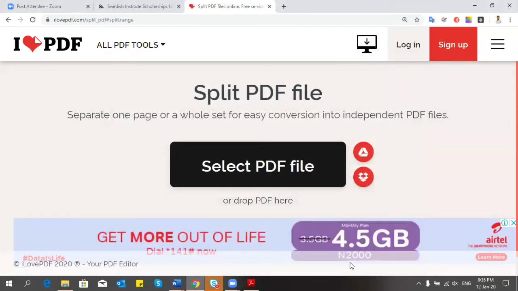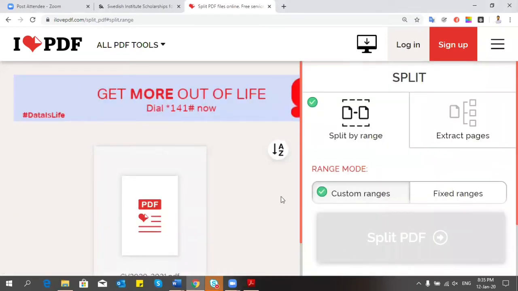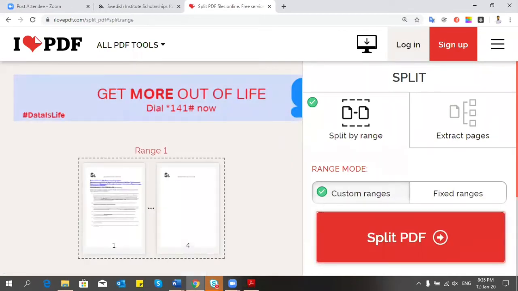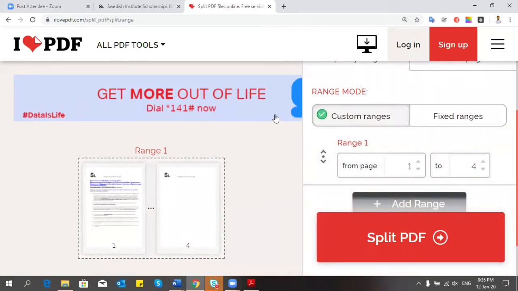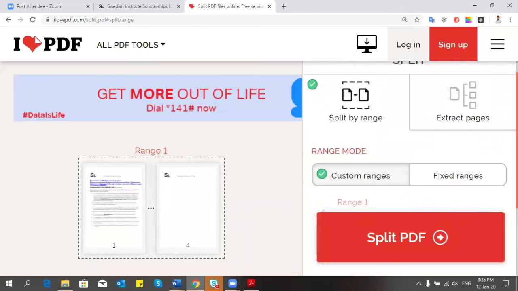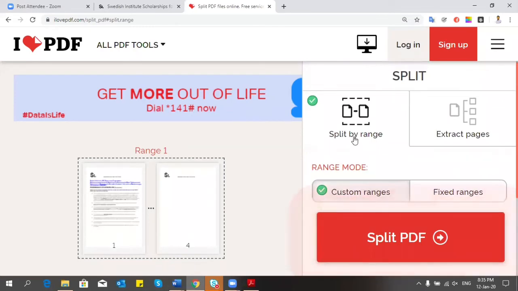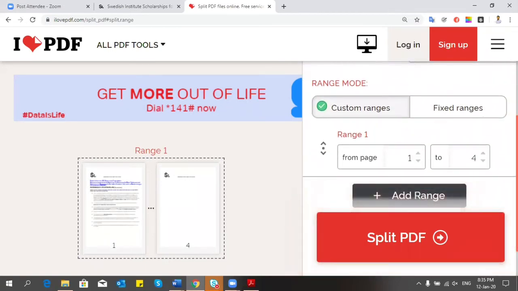So that's the document. Okay, so now this is what I want to split. I want to split from page 2. Page 1 is the instruction page, so I want to split from page 2